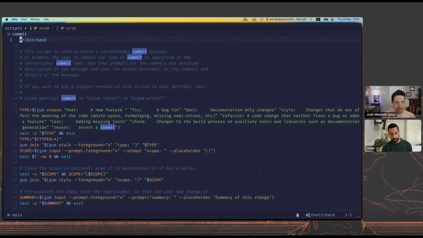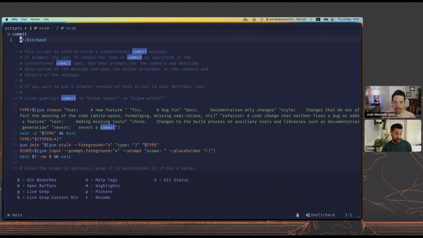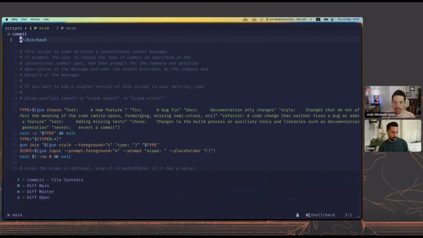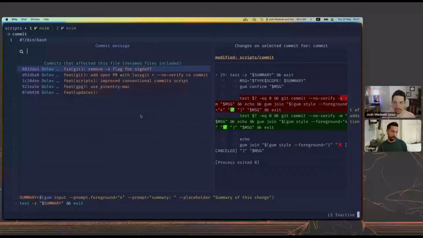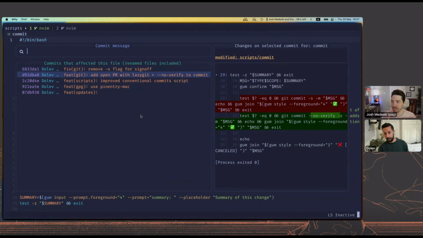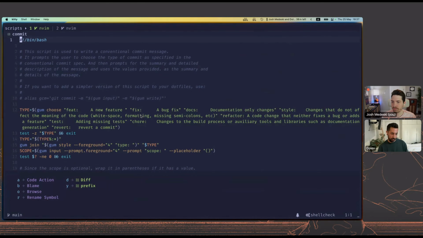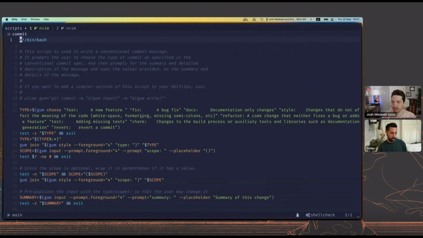And I also recently discovered a Telescope picker for Git, which shows a pretty cool overview of all the commits that touch the file compared to master. So I have that open to see when and why someone added code. So yeah, I use a lot of Git stuff as well in Telescope.